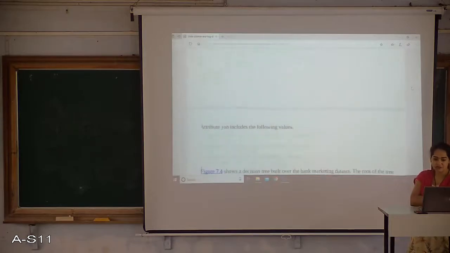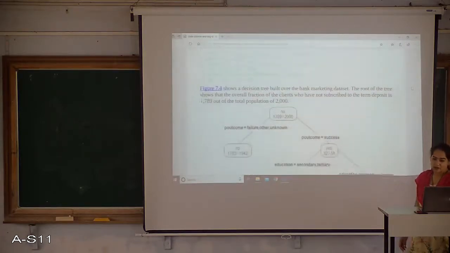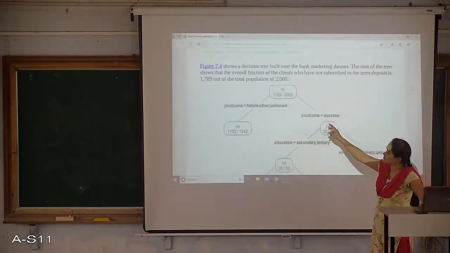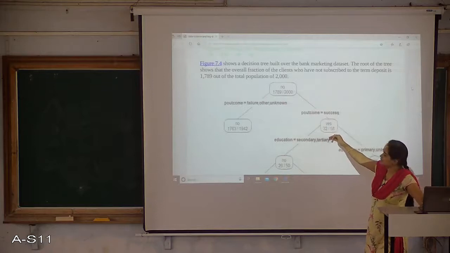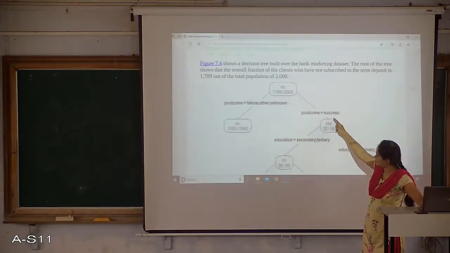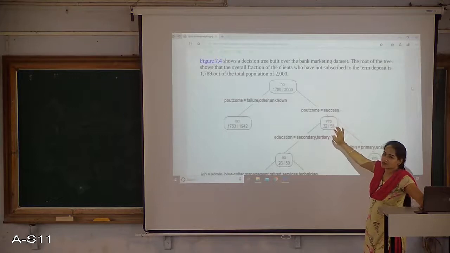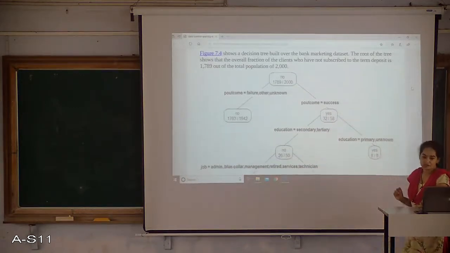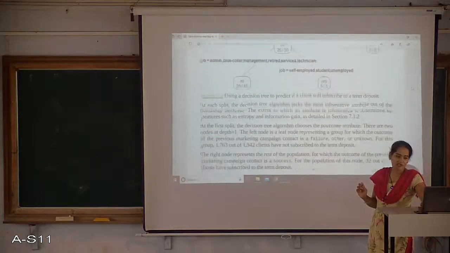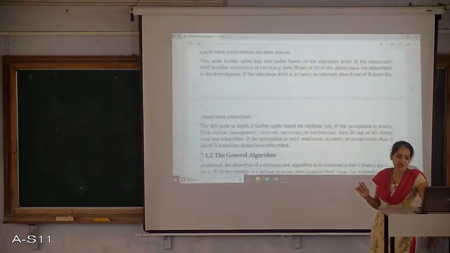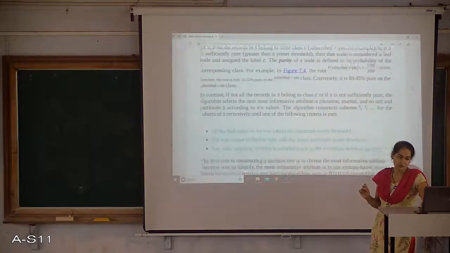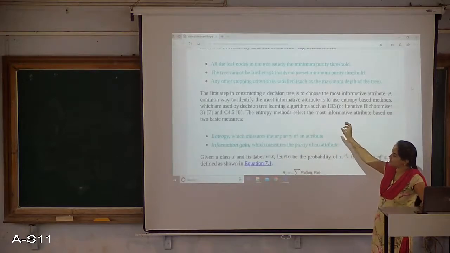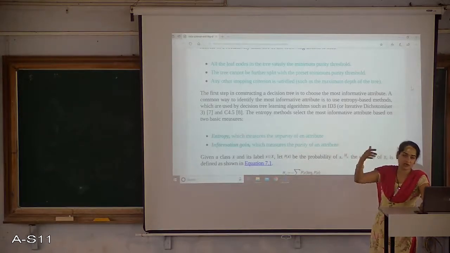Based on that we will calculate the probability of the whole class, and then decide which variable will come at the next depth level of the tree, which variable we are going to consider in the decision tree. We have to use two measures: one is information gain and the other is entropy, right? Based on entropy and information gain, we decide which node can come as the next level of the tree.